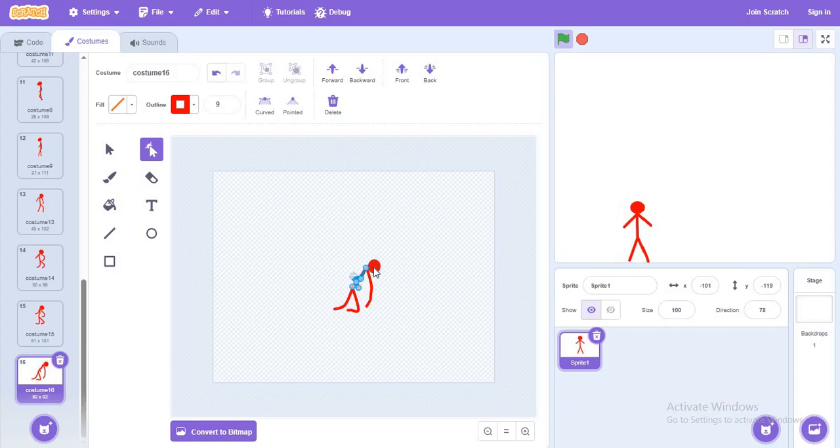I'm gonna use shortcut. Then I'm gonna make the crouch. This is way harder than you think. Oops. Where's the